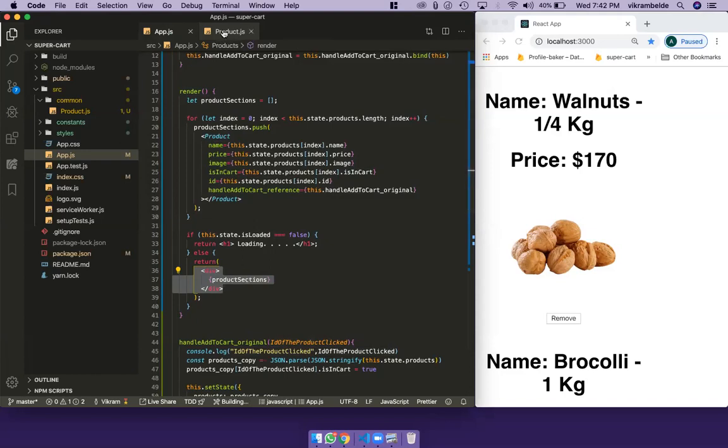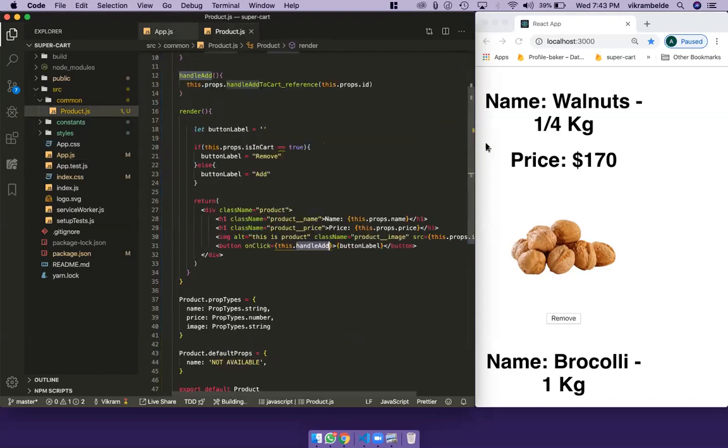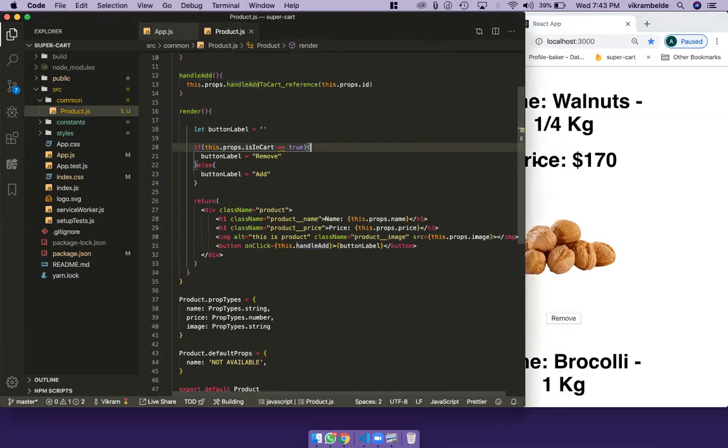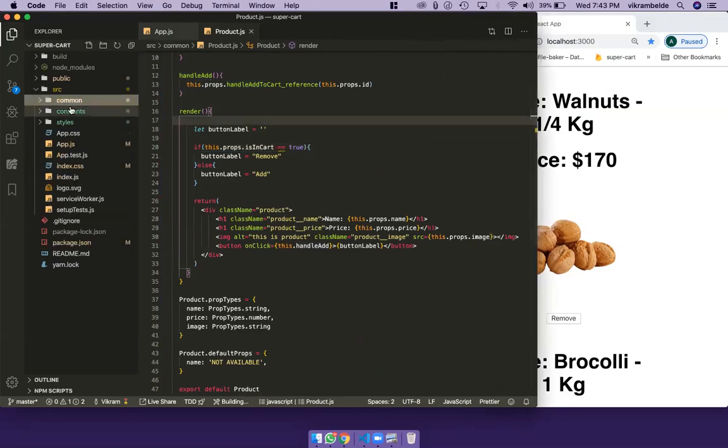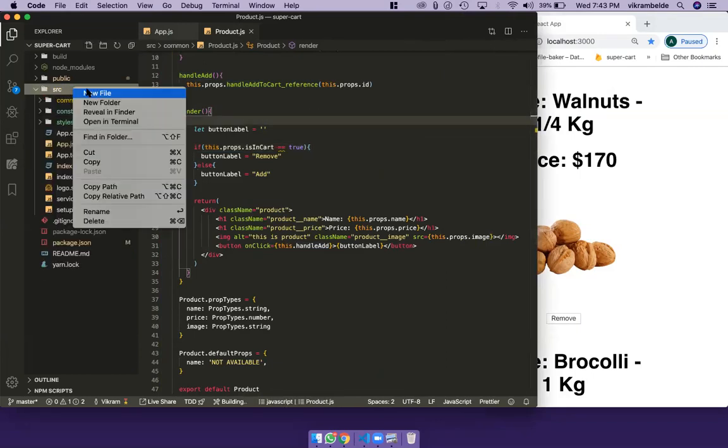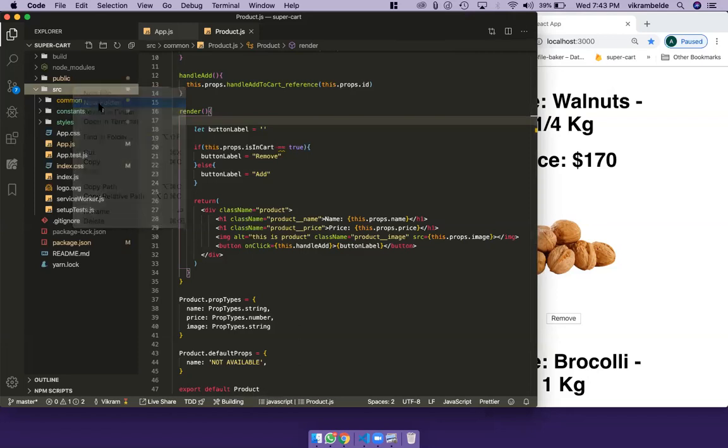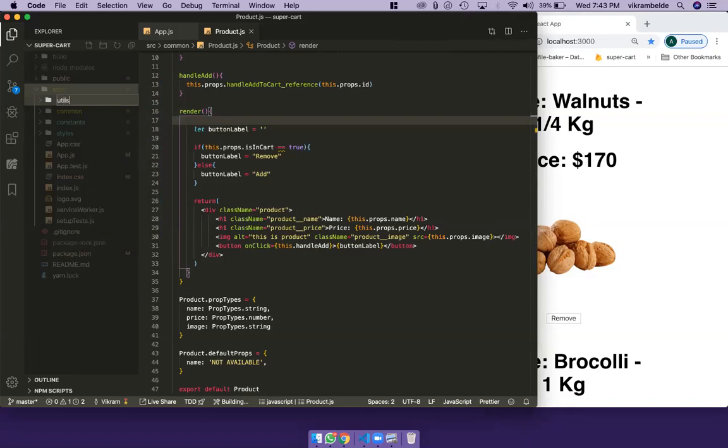If I go to my product, what I would do here is create a utility function. This is outside of React. I would create a new folder called utils. Utils are nothing but extra functions that can be used across the project for doing repetitive tasks. So I'm creating a util folder, and inside it, I'm creating a new file called